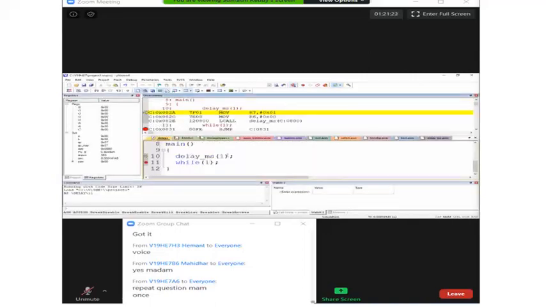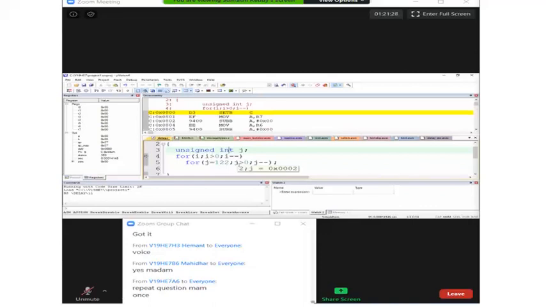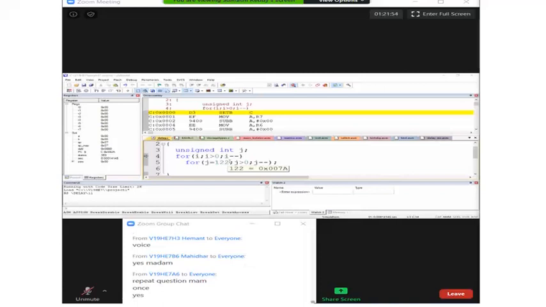Here see, these two are the same type of loops. I and J loops are almost the same type. The condition is also the same type. They are unsigned, the condition is also greater than 0, and both are decrementing loops. In such a case, what will you expect? The code generated should be the same for both, right?